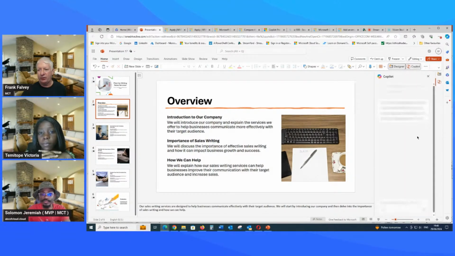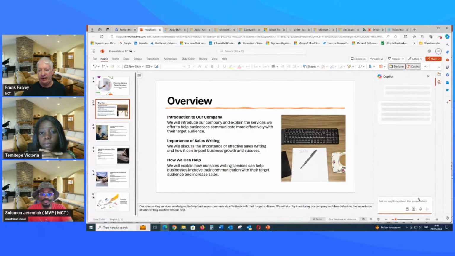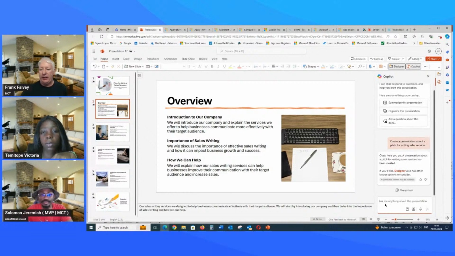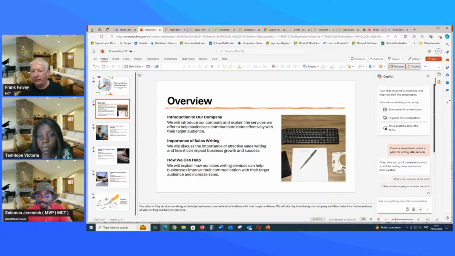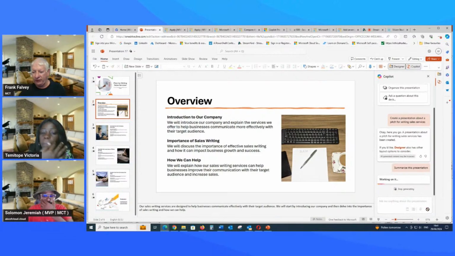So if you wanted to go back to Copilot and say, kind of look, add, maybe, see, it's giving us more buttons up here. So it's giving you an option to summarize the presentation. So we can just click on that and summarize the presentation. Okay, so we just hit the button